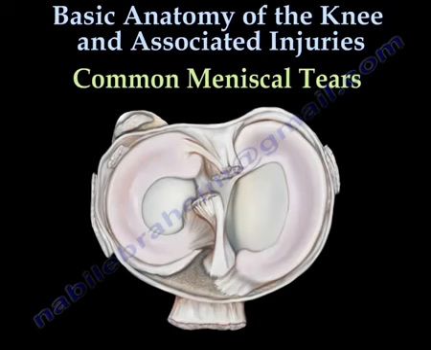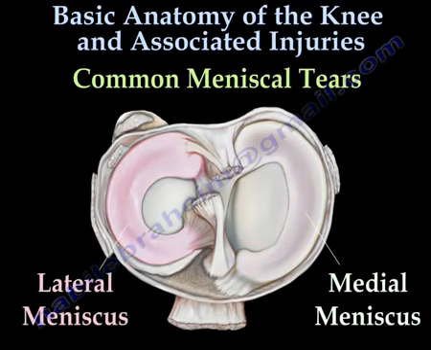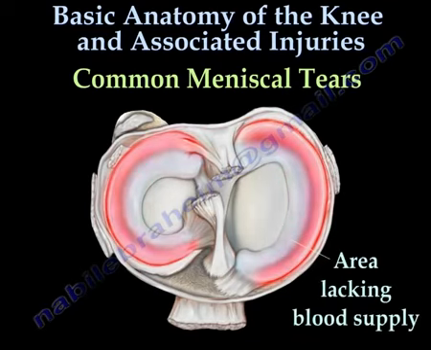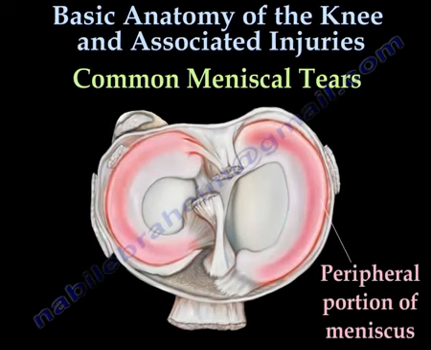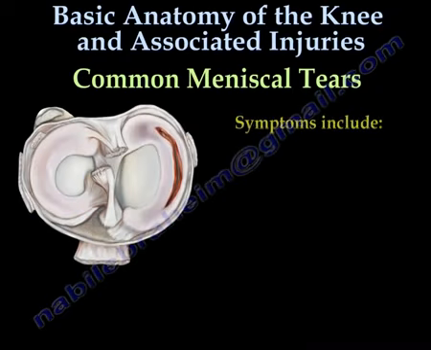A meniscal tear is a common knee injury that can cause pain within the knee joint. Each knee has two C-shaped menisci, the medial meniscus and the lateral meniscus. This tissue functions as cushion for the articular cartilage. The majority of the meniscus lacks a blood supply. For this reason, some areas of the meniscus are unable to undergo a normal healing process. The peripheral area is the portion of the meniscus that does have a blood supply. If damage occurs within this area, it is possible to repair the torn meniscus. Symptoms of meniscal